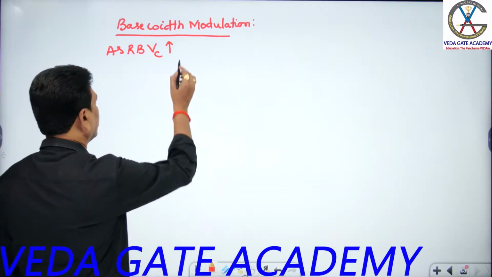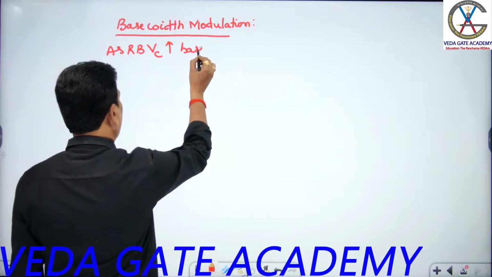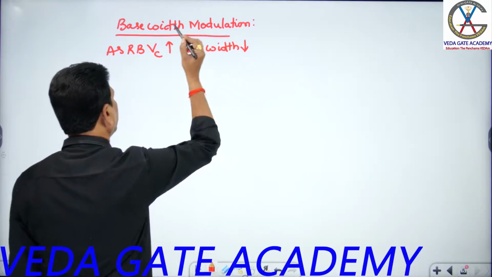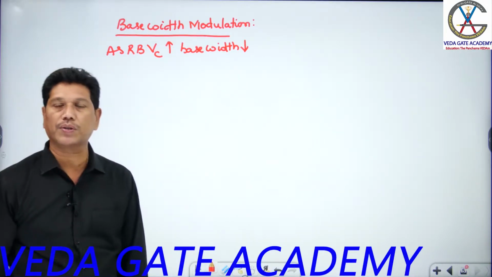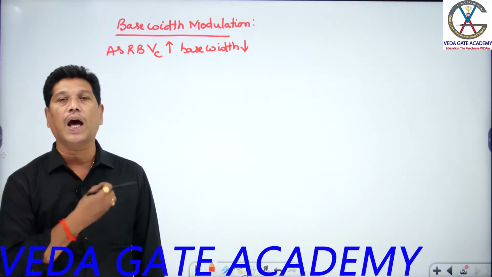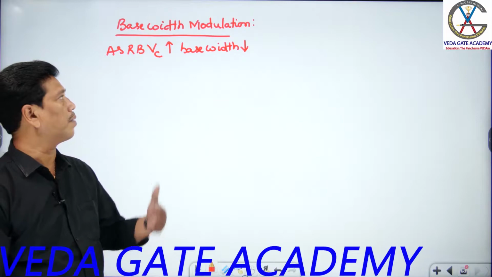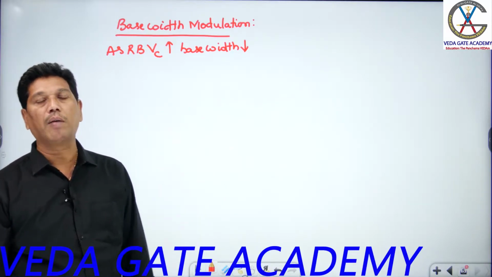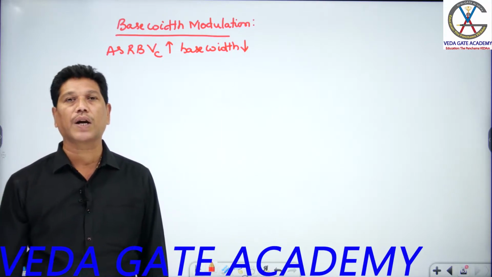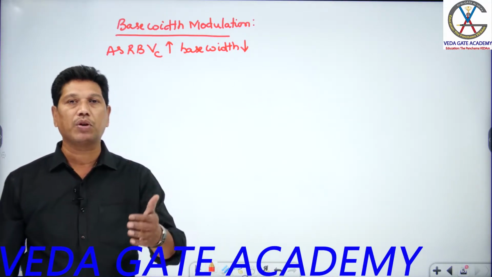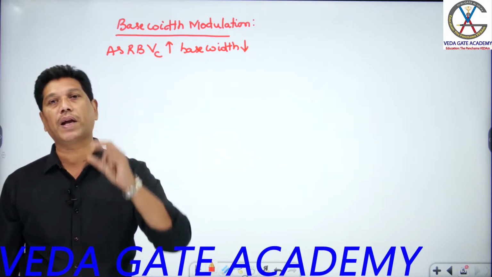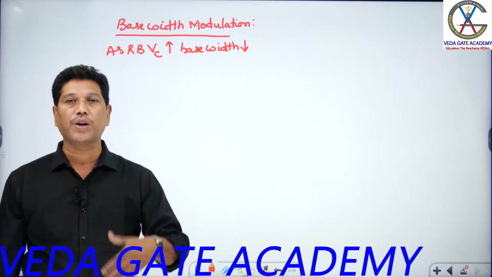Effective base width what, students? Base width decreases, you can call. So the variation in the base width with the applied reverse bias collector voltage is called base width modulation. You discussed it already, and this phenomenon was studied by a person, and it is also called the Early effect. So what is the importance of this base width modulation, students? Up to now you discussed that any change in output current depends mainly on input current, according to the current control phenomenon. So using base width modulation, one can say that there is a little bit of change in output current by the output supply also. It's not a direct increase, students.